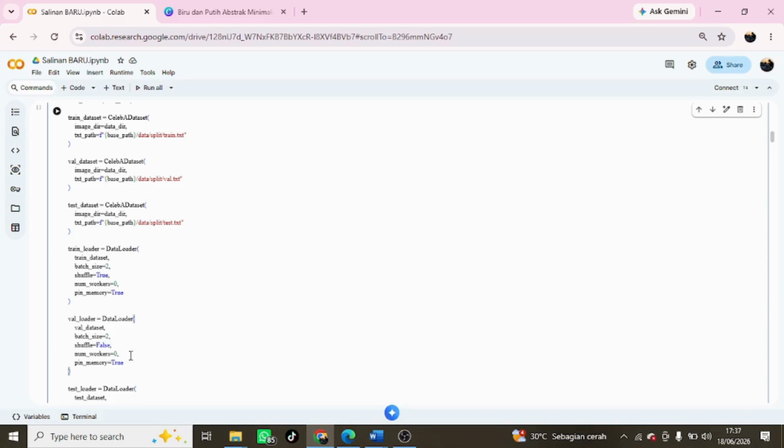Additionally, the pin_memory equals true parameter is used to speed up the data transfer process from main memory to the GPU, allowing the training process to run more efficiently. Once this step is complete, the training, validation, and testing data are ready to be used as input for the U-Net dual-stream model training process.